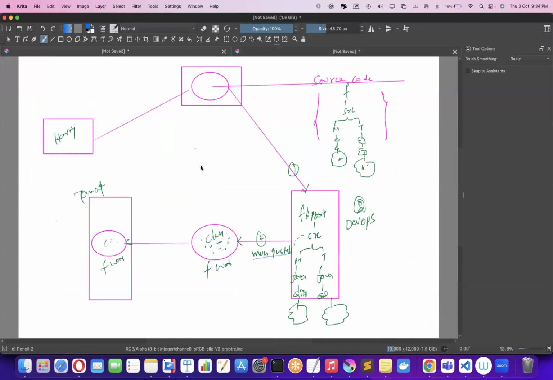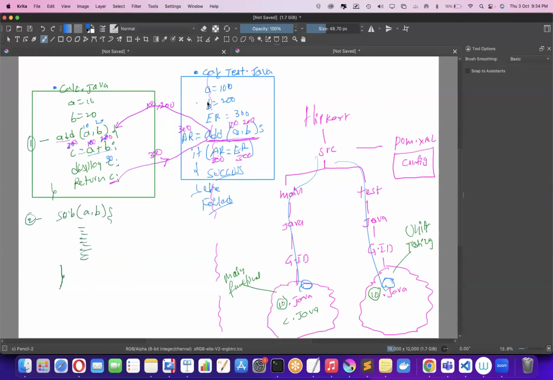Try to understand what is the main code and what is the testing code. If you don't have this slide, just take a picture or a snapshot of this. If you don't get time to go through the recording again and again, understand this. Try to remember this folder structure. Then